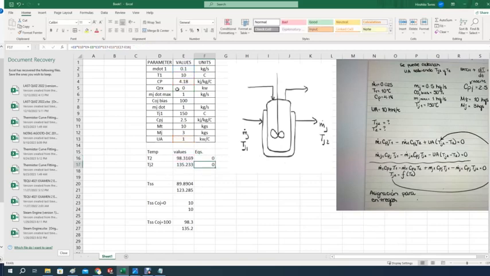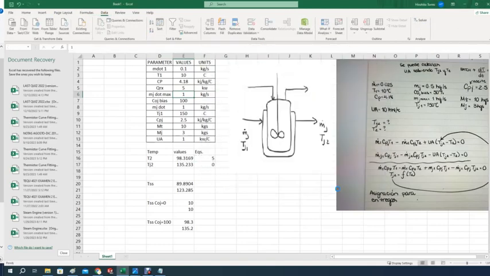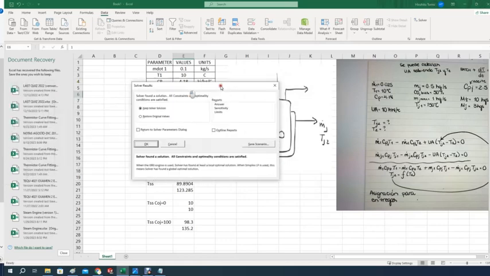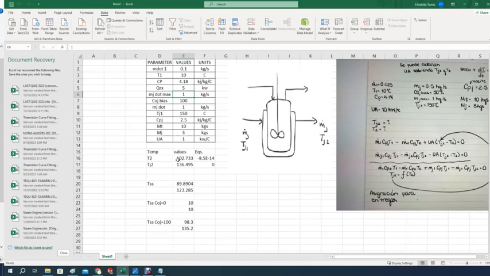But if I start to change this value, for example, if we have an exothermic reaction that is generating, I don't know, 5 kilowatts of energy, then all of a sudden we have to redo this a little bit. So we have to go back to solver and get that done. Data, solver, and solve, and there we go. Save. Okay. As you can see, the temperature increased from a maximum of 98, with maximum flow on the jacket, to